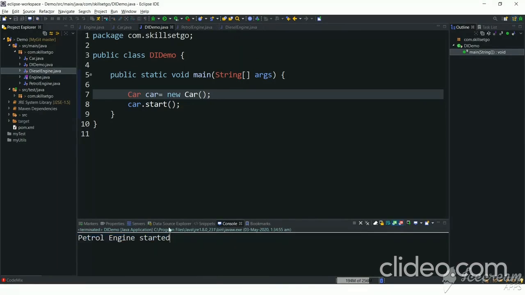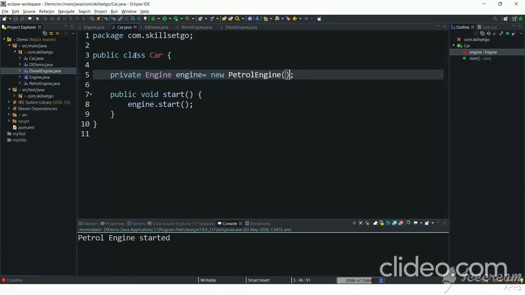petrol engine. Suppose if you want to create a car object which is having diesel engine object, then you need to create a new car class which is creating a diesel engine inside. So now we can't use this car class to create a car which is having diesel engine. So this is the main drawback if you are not using dependency injection. Suppose if you are using a dependency injection,